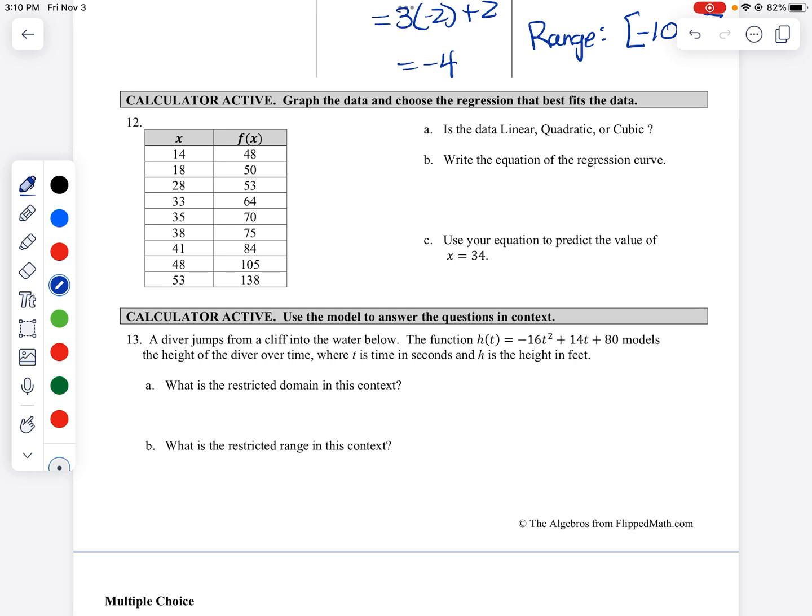All right, so is this data linear, quadratic, or cubic? So a couple ways. You could see, take a look here. Let's see, 18 to 28. So we have a couple going up. Let's see, if we have an equal value of 10 over here, it goes up by 3. The next 10,